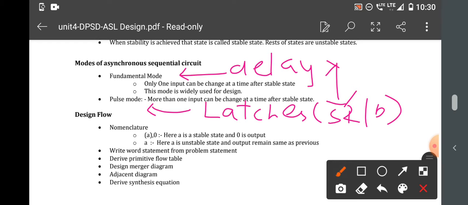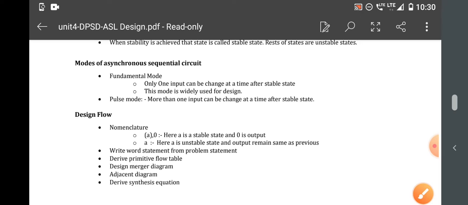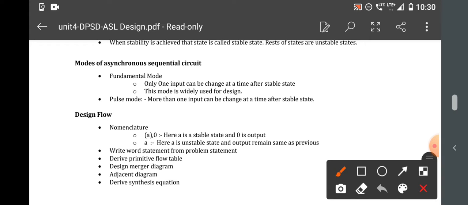To study the design procedure, we need to know how the flow of the diagram is required in order to design an asynchronous circuit. There are four important steps we need to follow, which we call the design procedure involved in the asynchronous sequential circuit. A problem statement is given to you, and this problem statement contains how the flow happens in the circuit. Each and every word should be quite clear, and you should be confident enough to move on.